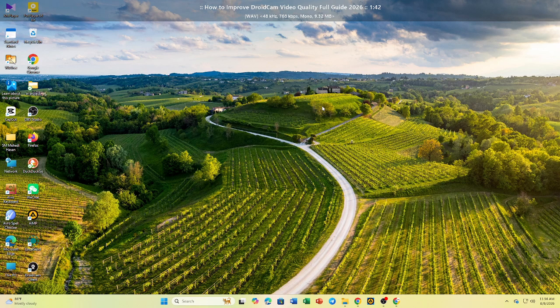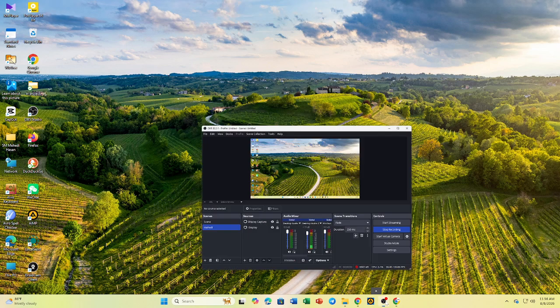Hey everyone, if you want to improve the video quality in DroidCam and make your webcam look sharper and more professional,